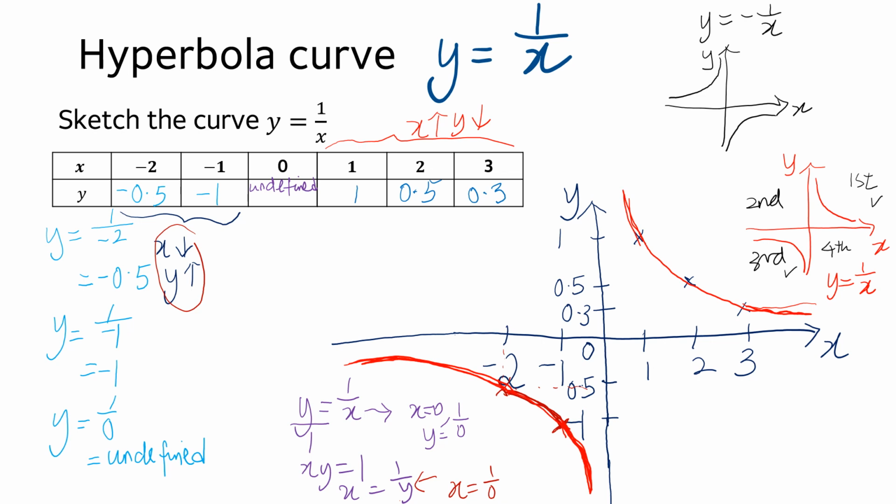You can always have the same table of values, but in this case, you just make sure you have a negative there, and you will be able to get what I've shown here. Or you can just go to Desmos, which is a very, very good application. GeoGebra or Desmos, any of those apps where you can use a graphing calculator, and then you can just key in the hyperbola curve, y equals 1 over x or y equals negative 1 over x, and you can see the shapes. Alright,